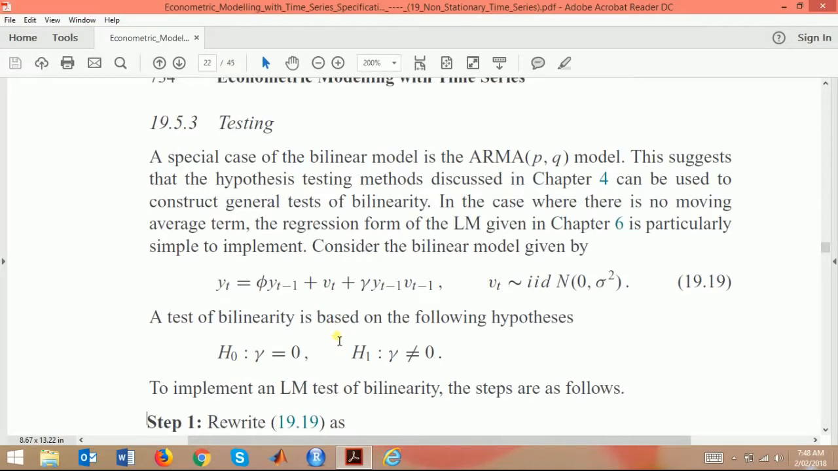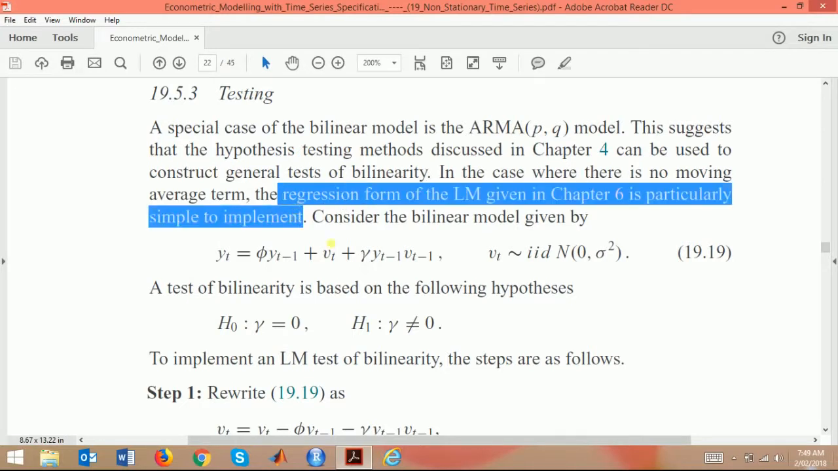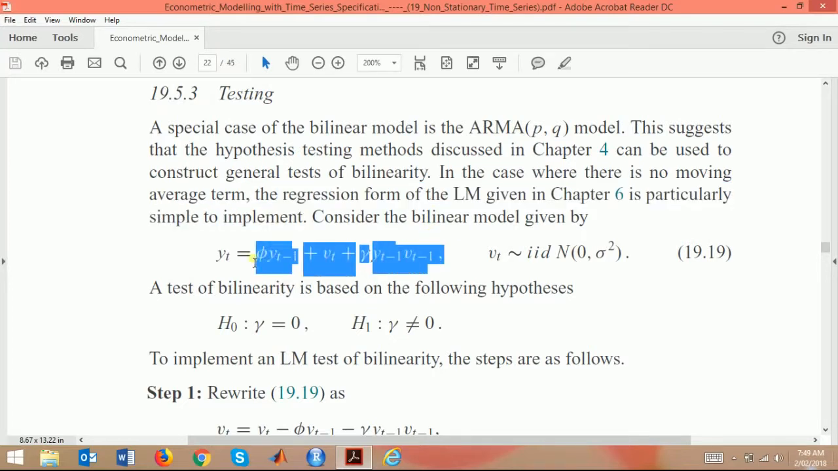General maximum likelihood estimation technique. Testing. A special case of a bilinear model is the ARMA(p,q) model. This suggests that hypothesis testing methods can be used to construct a general test of bilinearity. In the case where there is no moving average term, the regression from LM given in chapter 6 is particularly simple to implement. Considering a bilinear model,